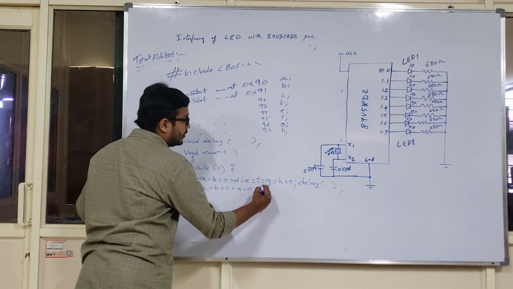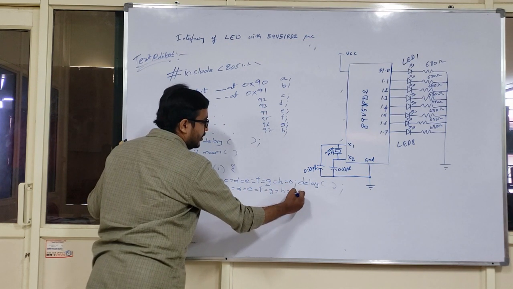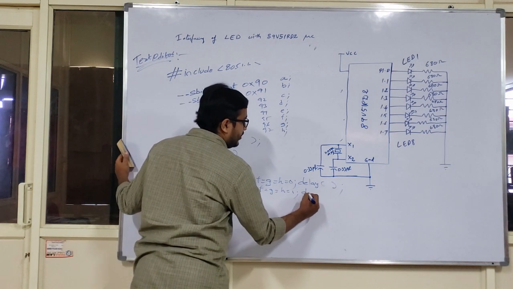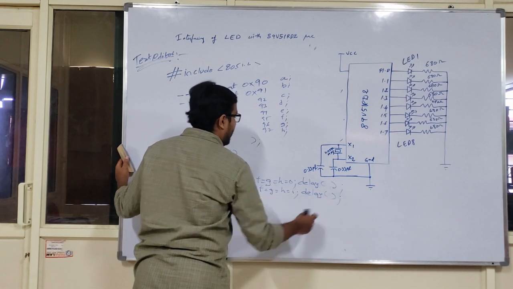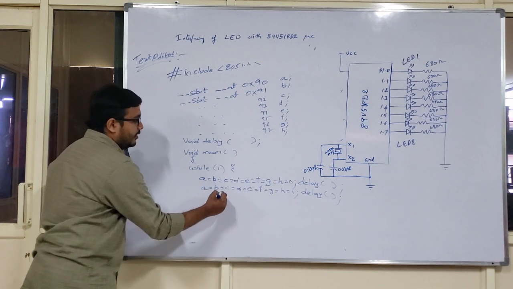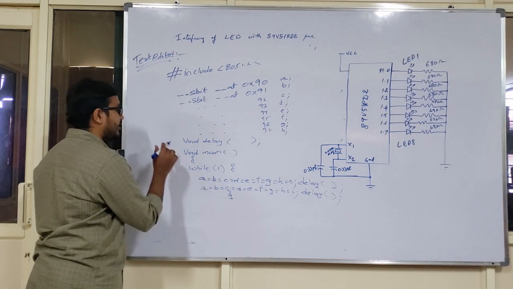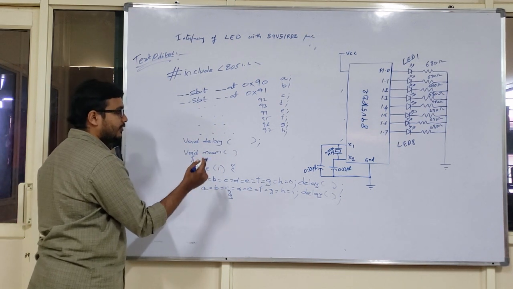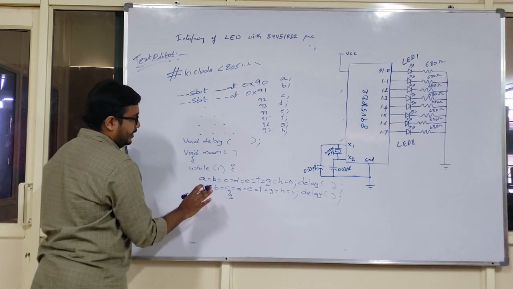all the respective pins of your port 1 will be turned on, which is nothing but all your LEDs coming into the on position, giving light, and this will be sustained for some amount of time. Again, close your bracket, and this will be a continuous activity of off and on with a certain amount of delay. Okay, void main is completed.